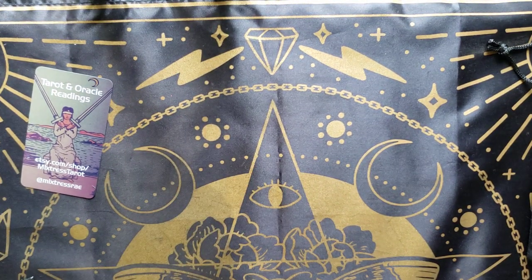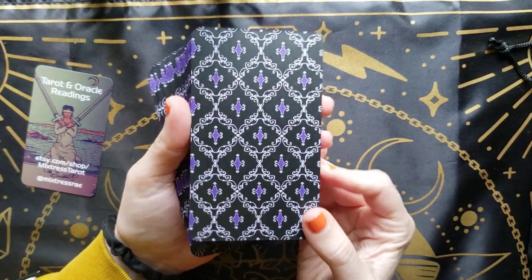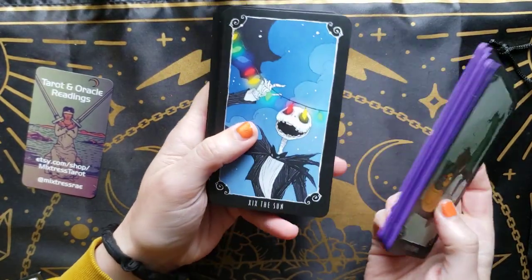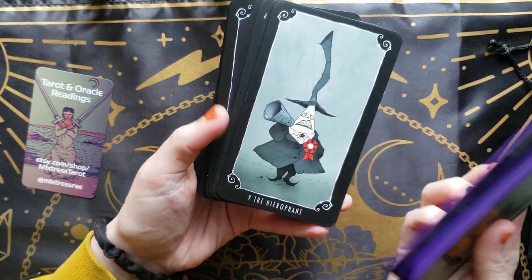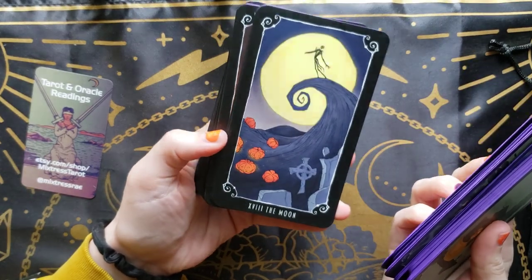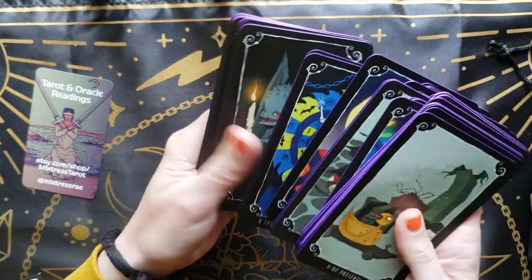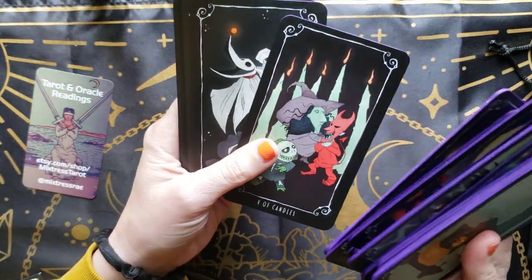my newest deck, just got this one in the mail last week, and it's not in the box right now because I'm using it this week. It is the Nightmare Before Christmas deck. I think I got it early last week. And I find it to be very charming. I don't think I'm going to go real deep with this deck, but I think it's just going to be a fun deck to use for client readings and for daily draws and stuff like that,